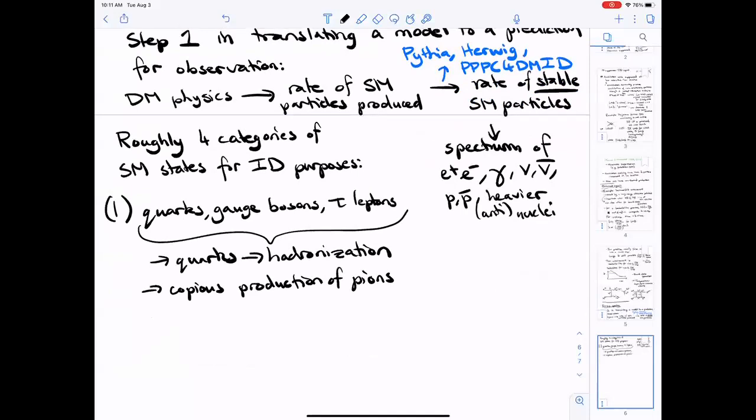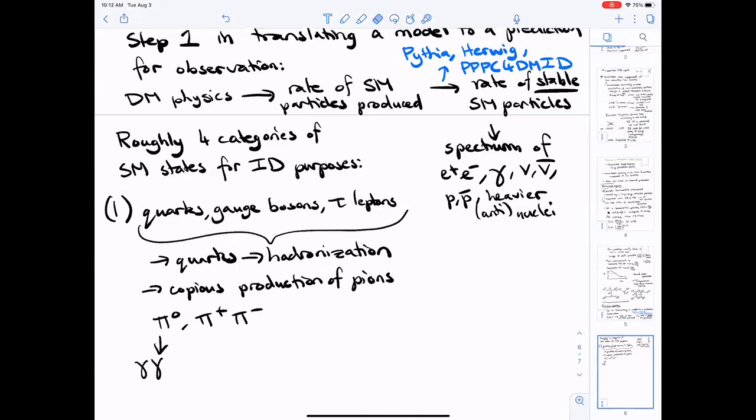Okay, so if we make a lot of quarks, they hadronize, they're going to make the lightest hadronic states, which are pions. So we can have both neutral pions and charged pions, and in general, both of these will be produced. If you look up the decay path of neutral pions, they decay to 2 photons 99% of the time. So for all these dark matter annihilation channels, this is the main place that your photon signal comes from. You make a lot of neutral pions, and neutral pions decay to photons.